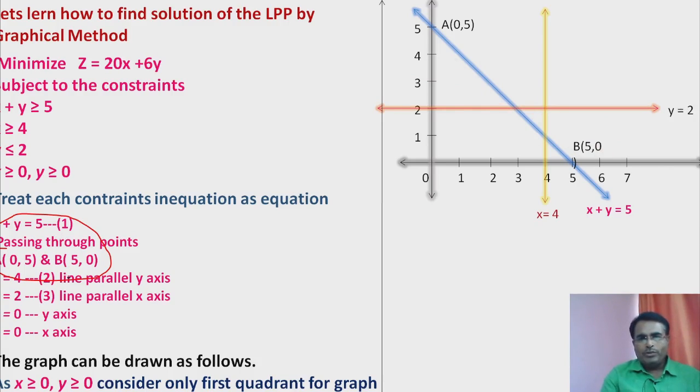Okay. Now, once you get these lines, next we have to consider the solution region. To obtain the solution region, we have to see the original nature of the constraints. If the constraint is greater than or equal to type, then we have to consider the region on the non-origin side of the line. And if it is less than or equal to type, then we have to consider the region towards the origin side of the line. And for equal to, points on the lines are always considerable.